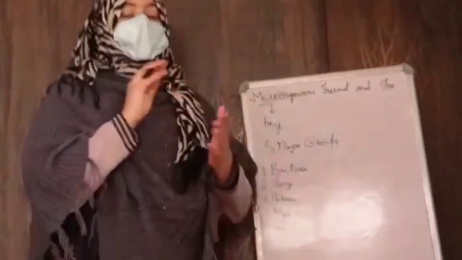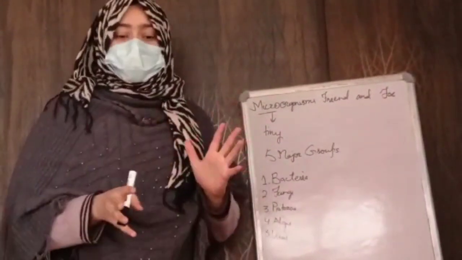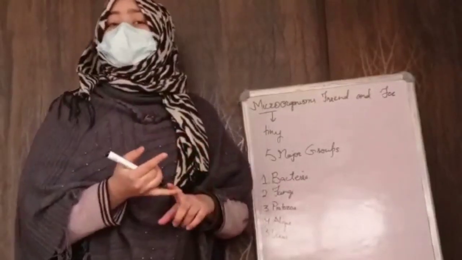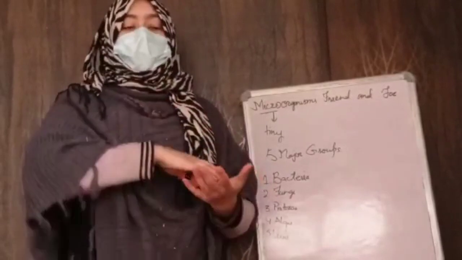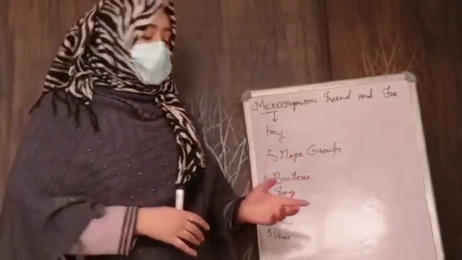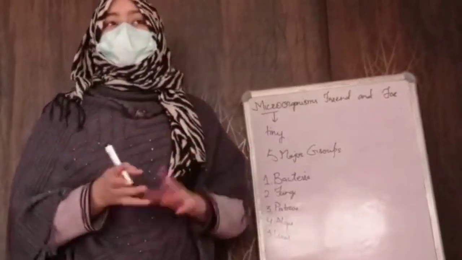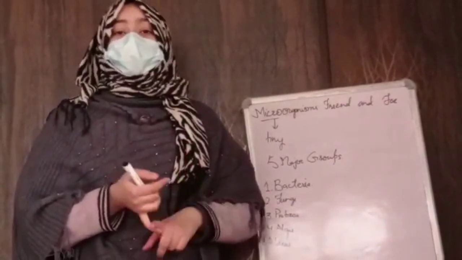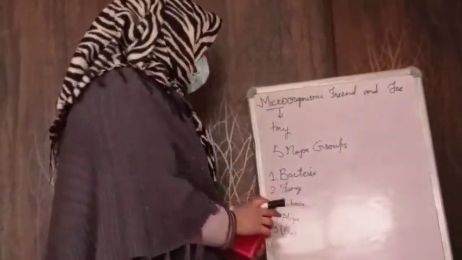So what is a virus? It is a disease-causing microorganism. It is highly infectious, and when it goes into the host, its host can be a plant, animal, or a human, it starts working there. It is alive there, but when it is outside the host, it is not alive. Examples of viruses include smallpox, polio, AIDS, and also COVID-19.